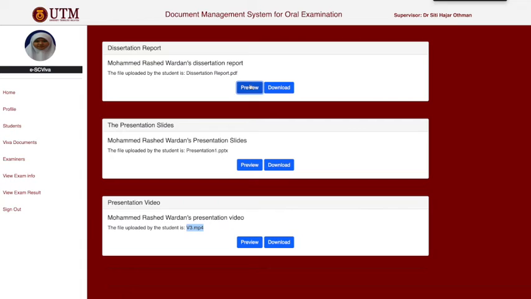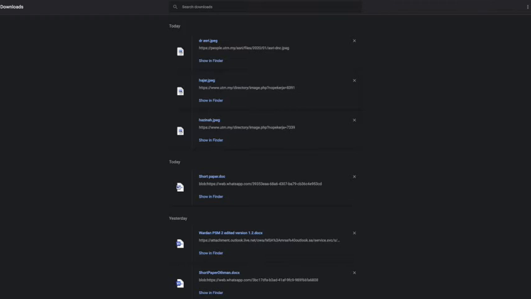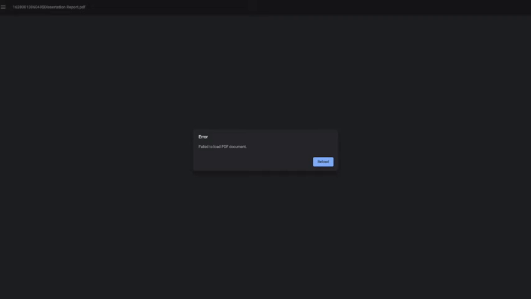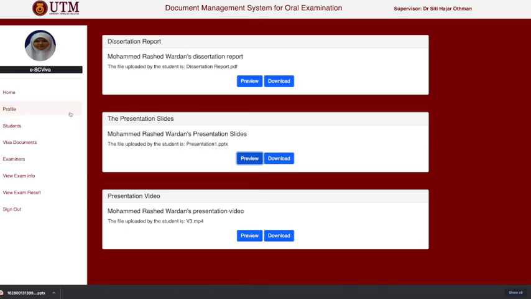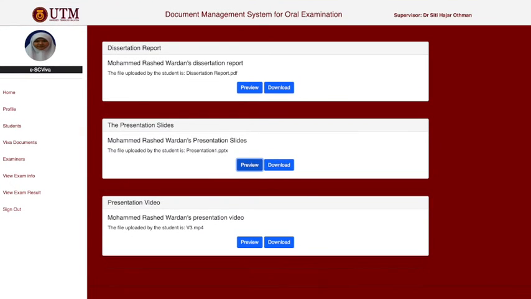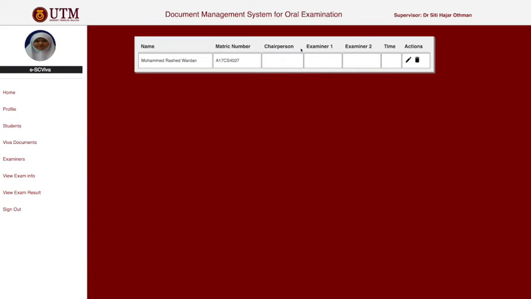We can preview the file, and because the file is corrupted, it's not showing. Also, we can review, for example, this PowerPoint or download, yeah, and also we can do this for the video. So after that, now after the student uploaded the necessary document, the supervisor can choose examiner one, chairperson examiner one and examiner two, and by clicking on this